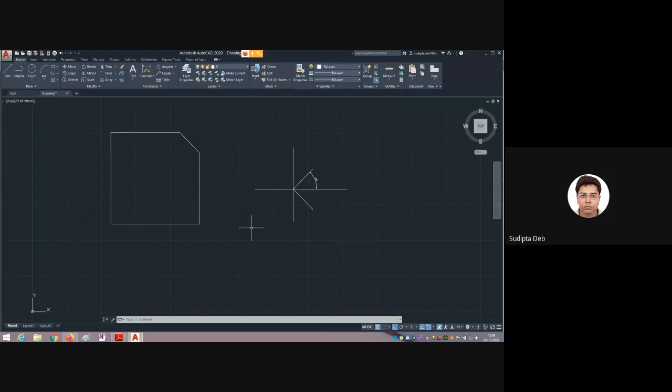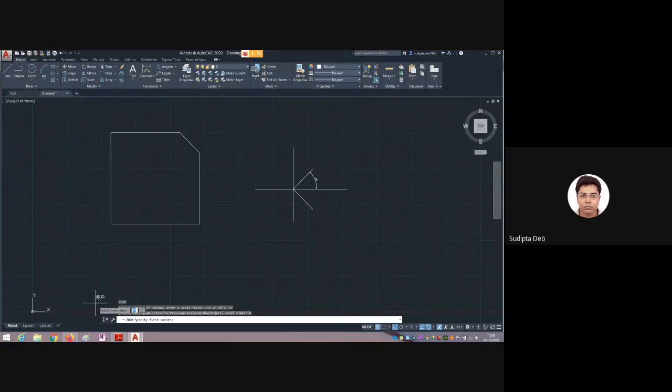I can also use the zoom command like this. Z for zoom, Z enter, or you can also write the whole word ZOOM. Press single enter. Now in the command line, what is given in brackets? Zoom, all, center, dynamic, extents, previous, scale. So you can use these things. Suppose I am using window. What is window? You can see. Click here.